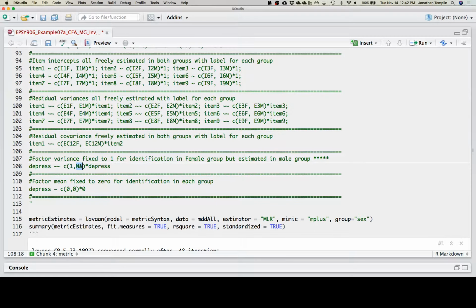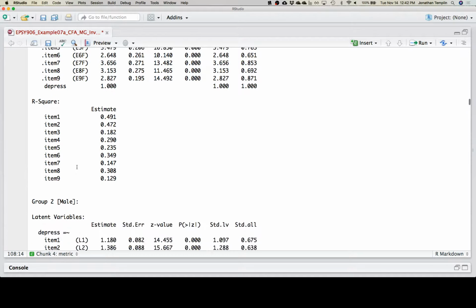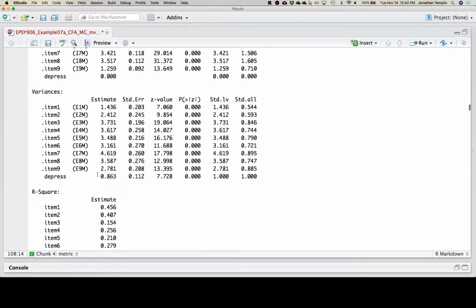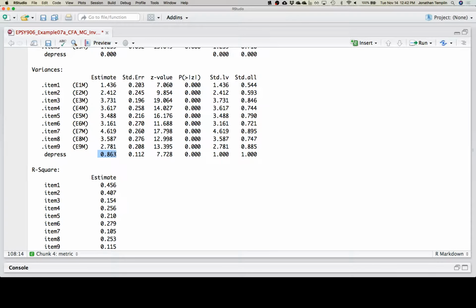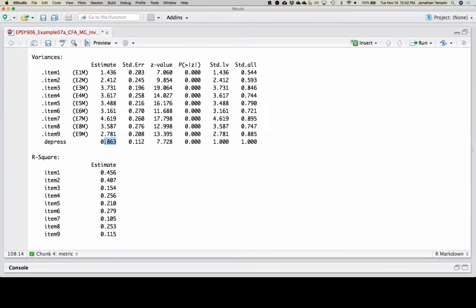That's right. It's a multiple of the variance itself. So it will be in the same metric. That's exactly right. And that's part of the reason why we have one group anchored at 1, because ultimately when we get that variance estimate, we can talk about it as being a proportion of 1, right? So when we look at our variance estimate of 0.863, we know the variance for the male group is 86% the size of the variance of the female group. If we made it a variance of 100, we'd see a variance of 86, right? So it'd still be 86% of the size.